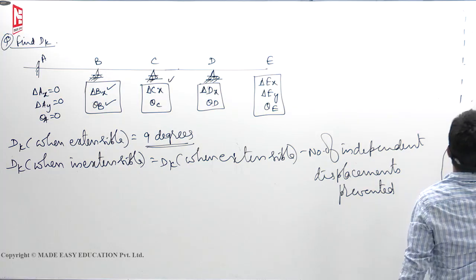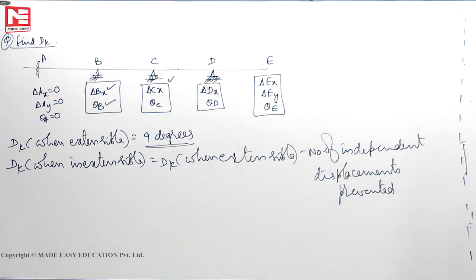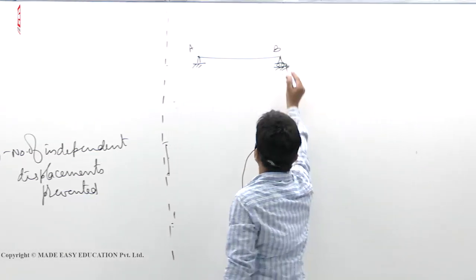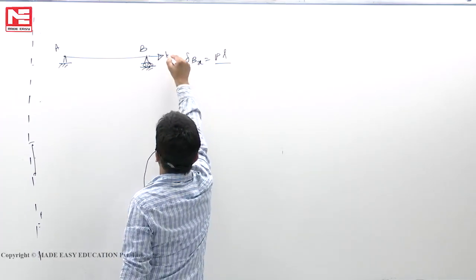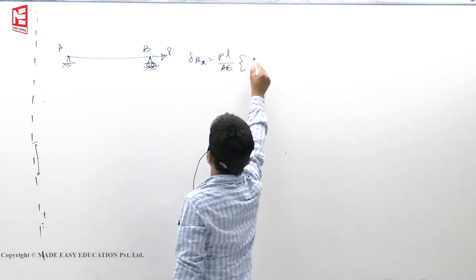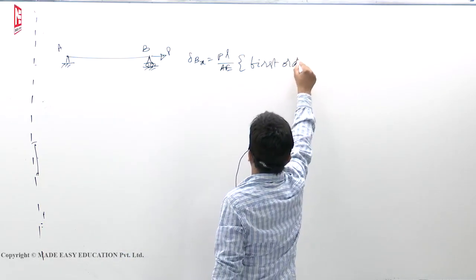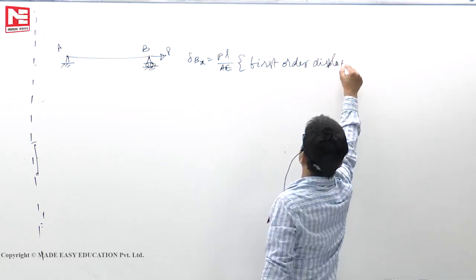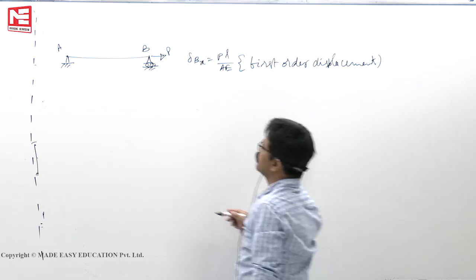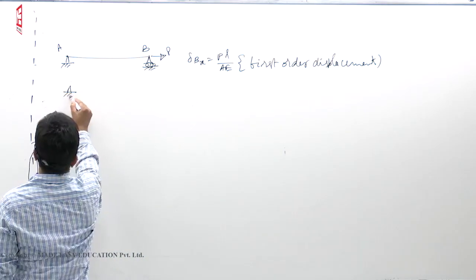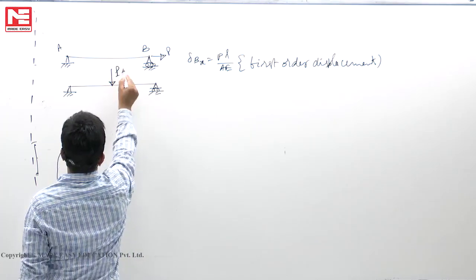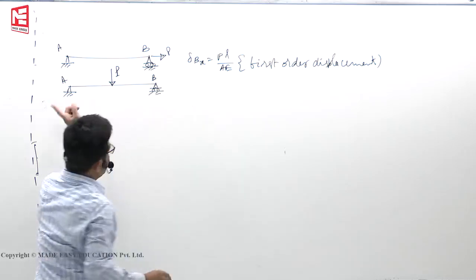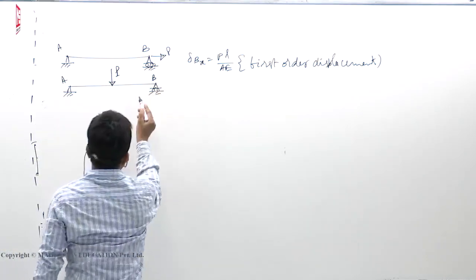Supposing that you have a simply supported beam A, B. Now if you apply P here, delta Bx is PL by AE. This is called first order displacement. Supposing that if at all I apply load P here, say A, B, no axial force, so delta Bx now in this case is actually 0,